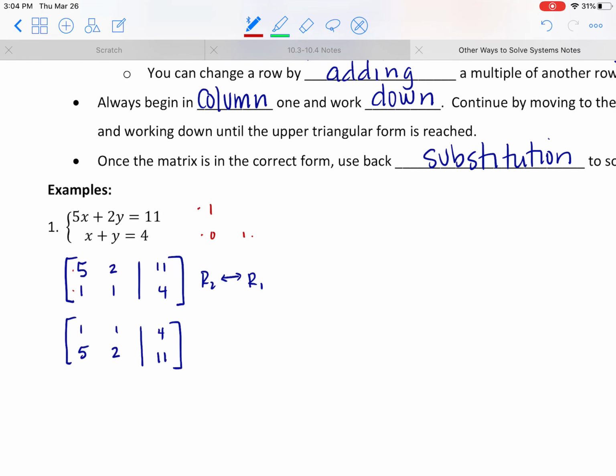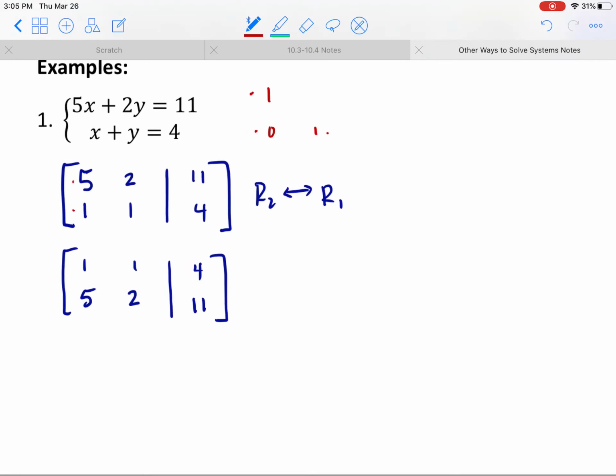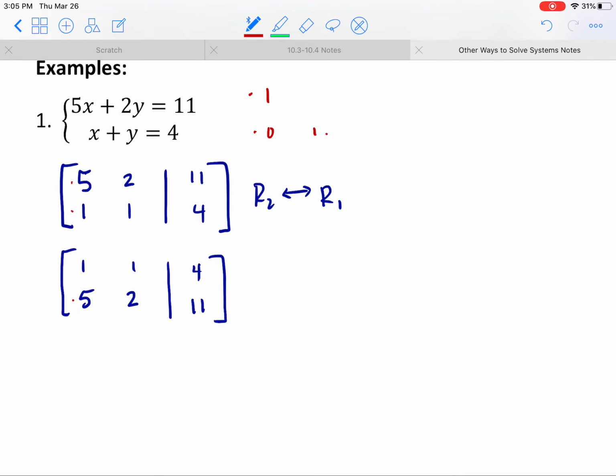All right, so now that we're here, we've got the 1, we've got the first part of the goal, now we need the 0. And to get a 0 is where we use the third rule. So this third rule, this is the one we're going to use to get zeros. Okay, so if I need a 0, where I have a 5 right here, what would I have to add to 5 to get 0? Well, I'd have to add -5. And I get the -5 by multiplying another row and adding it. So if I took row 1, for example, and multiplied it by -5, -5 times row 1,